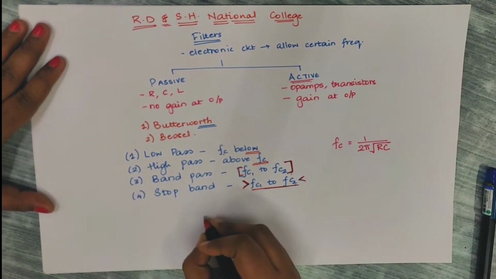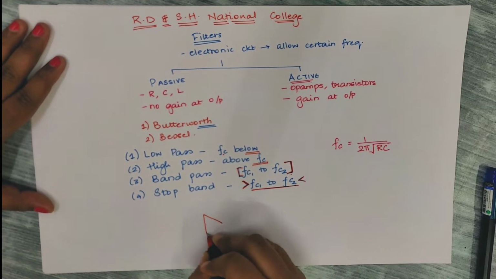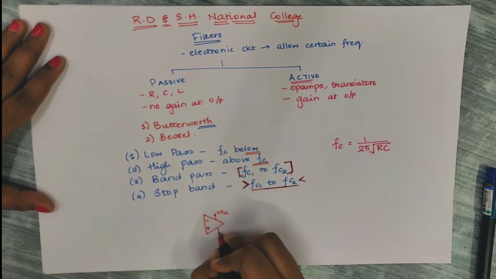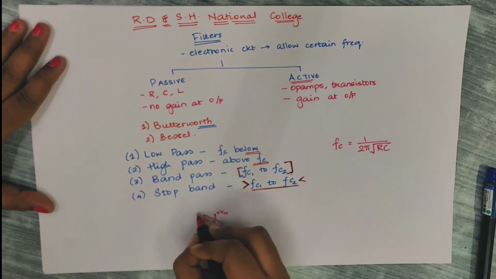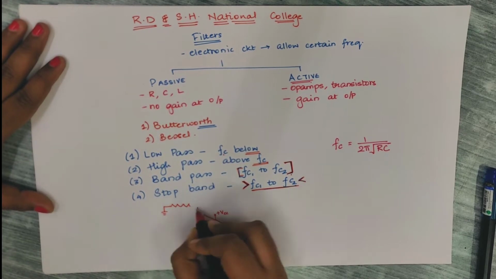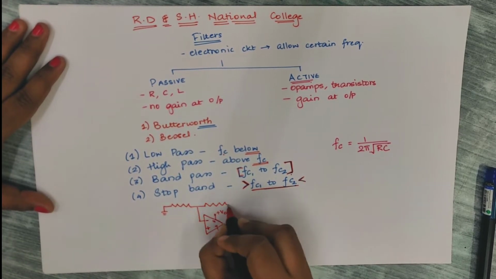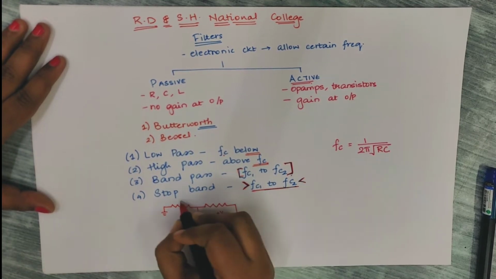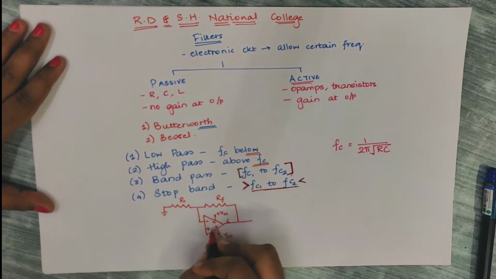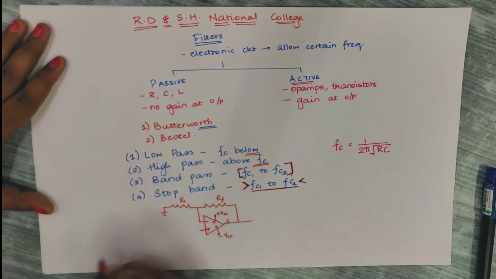So in first order low pass, your circuitry looks something like this. You have your non-inverting and your inverting. This is your non-inverting edge of the op-amp. This is the inverting. Obviously you will have a plus VCC and a minus VCC, which is pin number 7 and 4, as you will already know. Now this is connected to a voltage divider. So this is R1 and this is RF, which is my feedback connected to the output, and over here will be a circuitry for the filter.